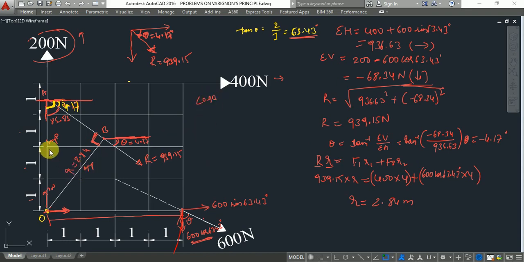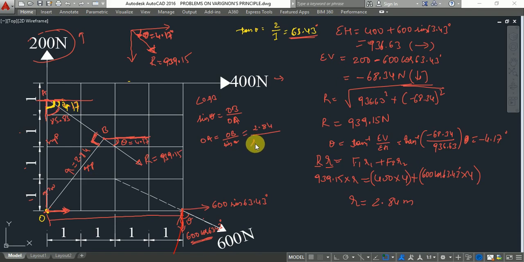I want to know the value of the hypotenuse. I know the value of the opposite. So what will I do? Sin theta is equal to opposite, that is OB, divided by OA, opposite divided by hypotenuse. I want to know the value of OA, right? OA is equal to OB divided by sin theta. So what is the value of OB? OB is equal to